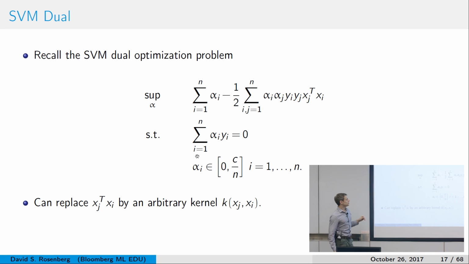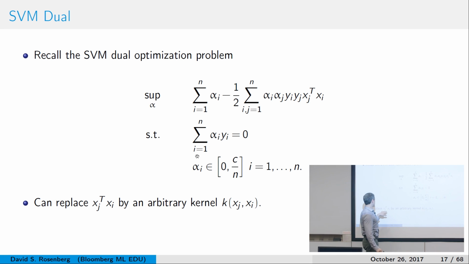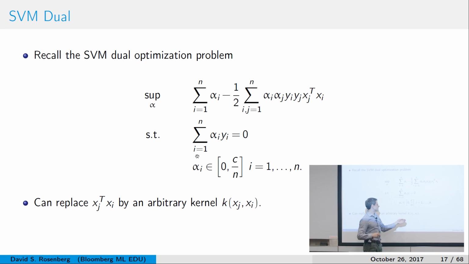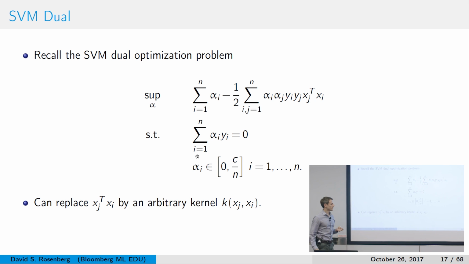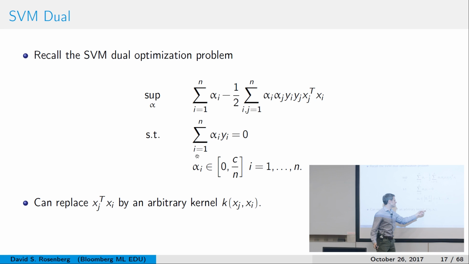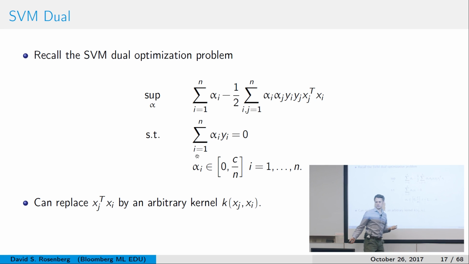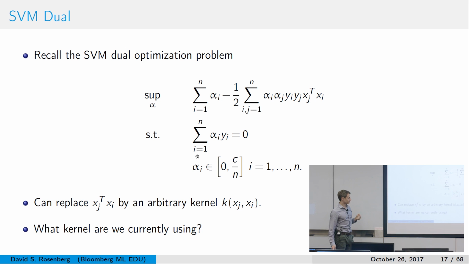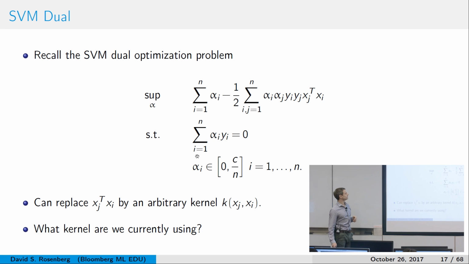And what we can do is replace every occurrence of this inner product, which is only one in this case, with the kernel function, k(xj, xi). So if we do that, then we've essentially defined k(xj, xi) to be xj transpose xi, which is the first kernel that we're going to talk about,